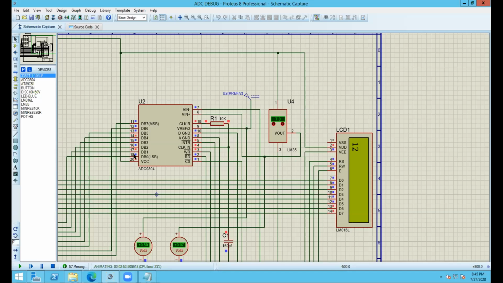So for each gradient, there will be 2.55 increase in hex value. But here we are considering it as a full number, so we will just take the integers. So in a gross measurement, for each degree increase, the value increases by 2.